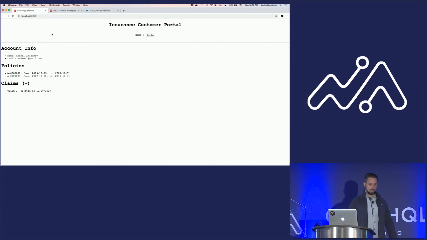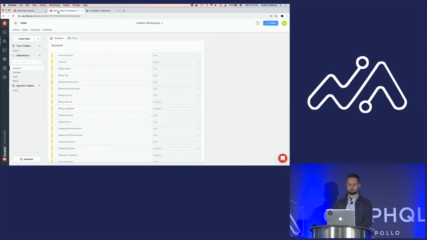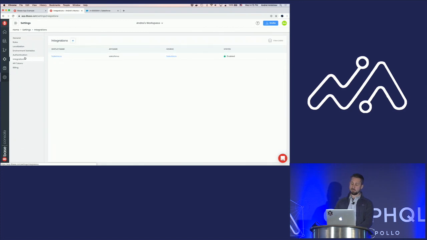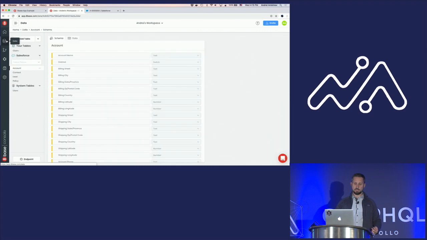Okay, so now let's see how a front-end developer using 8-Base could just configure this API without writing almost any code on the backend. Okay, so this is the 8-Base UI. It has the Salesforce integration enabled here. It simply gives access to my Salesforce instance here. And what it allows me to do is I can now bring in any table from inside Salesforce. So let's say I